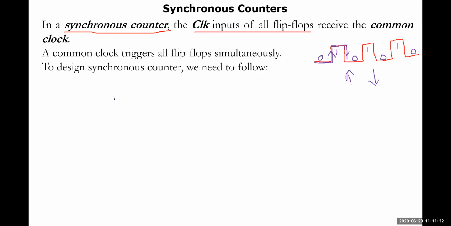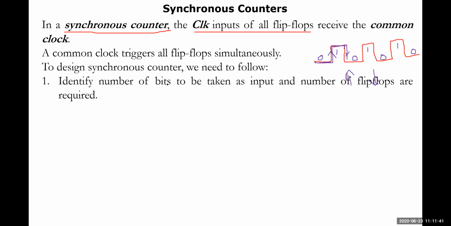However, in the design of the synchronous counter, we have to follow 5 steps. What are the steps we would like to consider here? Number 1, how many bits you are trying to create for the synchronous counter. First of all, you need to identify how many bits you need. Based on that, you will identify how many flip-flops are required to construct the counter, and what kind of flip-flops you will use. There are 3 points to be included in the first step.